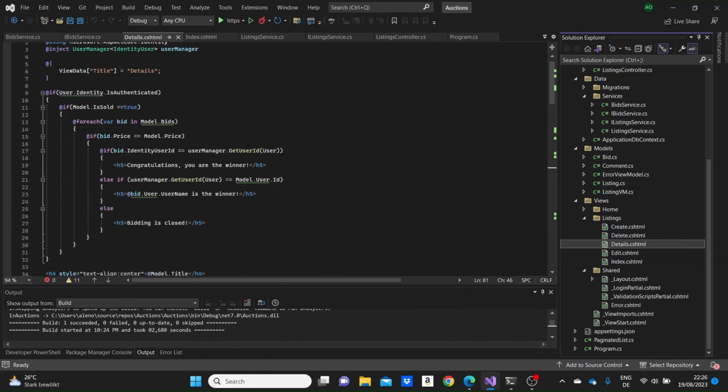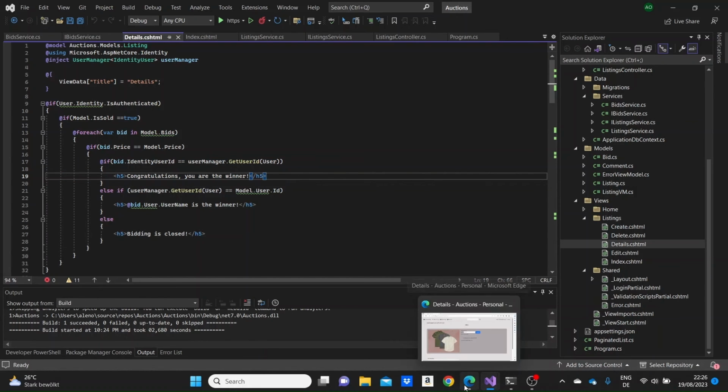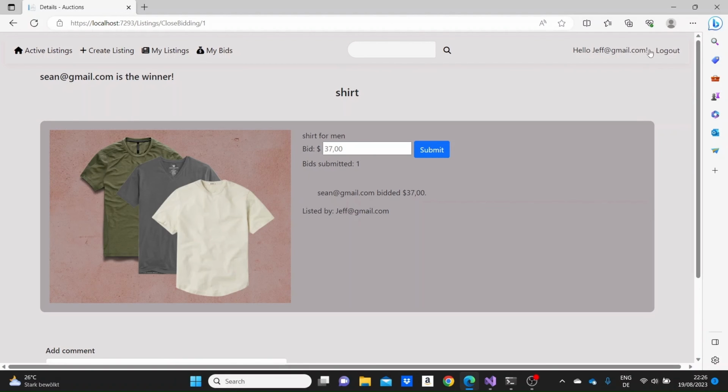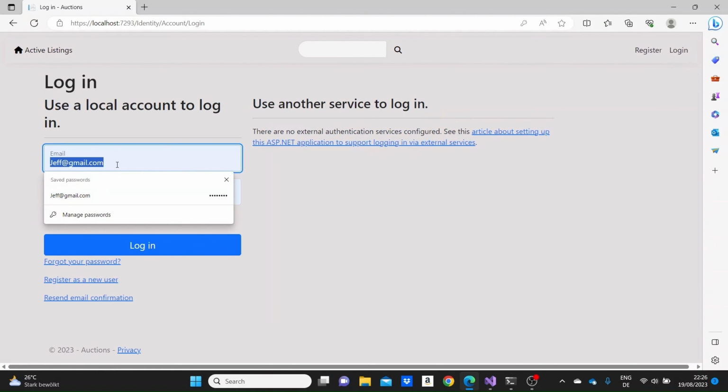As we can see here, what we wrote on top of the details page, the name of the winner will appear on the owner's page, but if the user has won the bidding, it will show the line of congratulations, you are the winner. So this should appear on the other account's page. So on Sean's account, if he opens the listing, he should see that he is the winner. So if we try to log in with the Sean account,